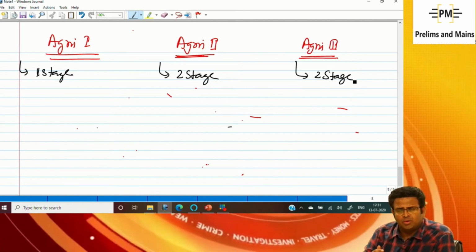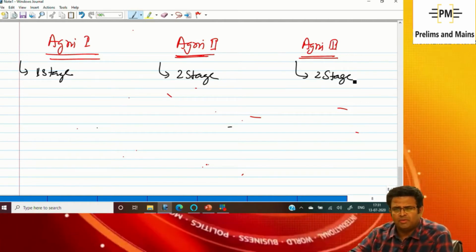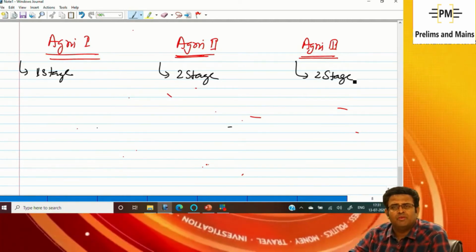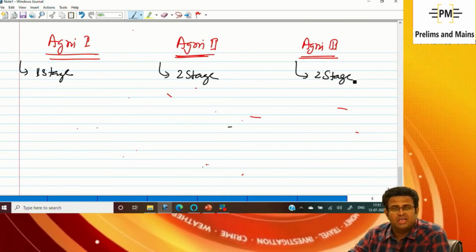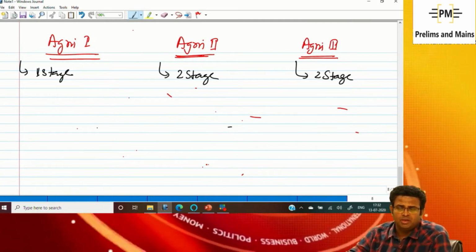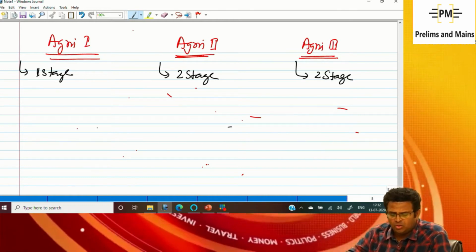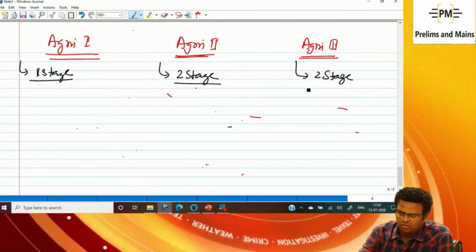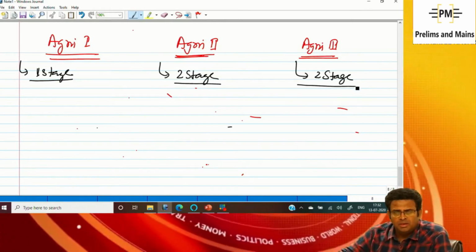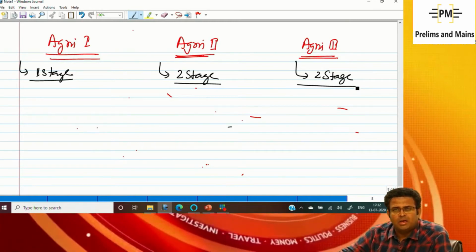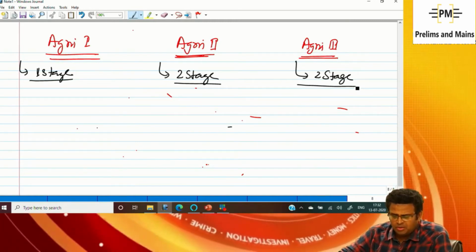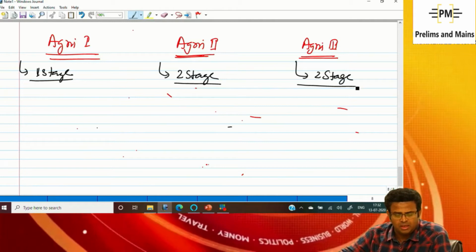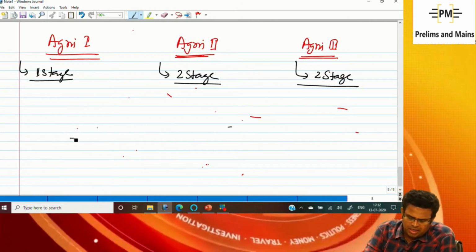Two stage does not mean the same ton weight; the fuel can be more. There is no need to know how much weight of fuel, never ever needed, like in PSLV, GSLV and so on. There is no need to understand how much fuel is there, because this is related to defense and we cannot disclose. Clear? So the different stages of the rockets are solid, as I have said earlier. And it can carry